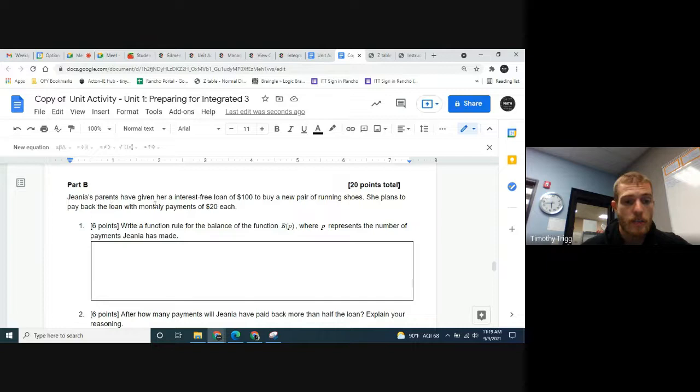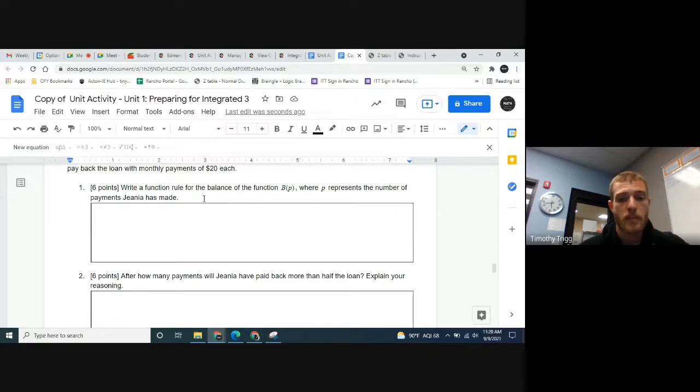Jana's parents have given her an interest-free loan of $100 to buy a new pair of running shoes. She plans to pay back the loan with monthly payments of $20 each. Write a function rule for the balance of the function b of p, where p represents the number of payments